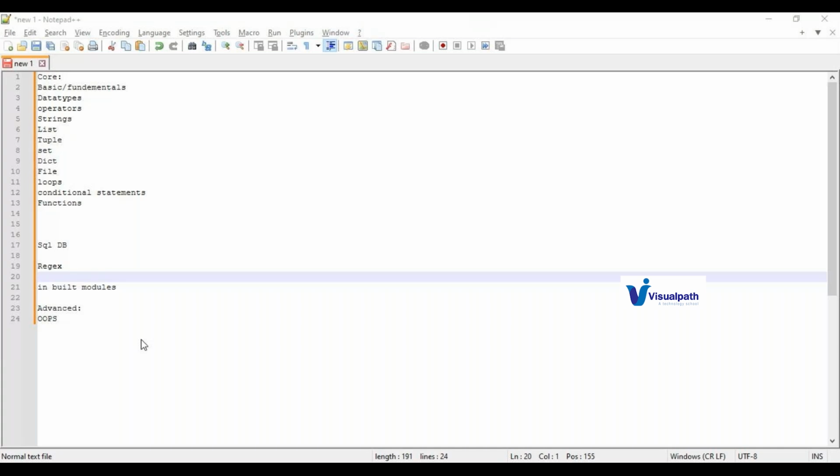One more thing: in my class, we will not be using any IDEs. Nowadays there are very smart IDEs that give suggestions once you start typing. We'll be using Notepad, which is kind of a dumb device. Even if you type wrong spellings, it will not suggest anything. That's where we start learning. We use Notepad for our programming, and we will not be using any IDEs.